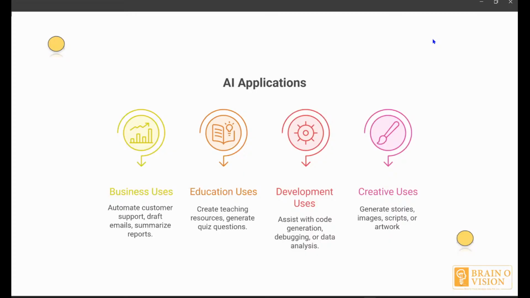These are only the main pages that I've given you in terms of the business sector, education sector, development side, and creative side. I've given only the base model. In that base model, we also have many things that we are already helping with using generative AI, right? Coming to the first part, business uses: automating customer support, drafting mails, and summarizing reports, right? In that way it is going to support us in business uses.